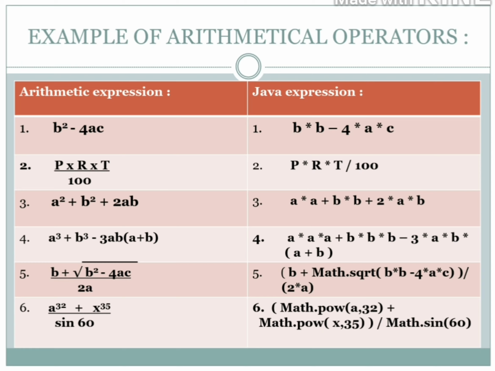The same way I provided you some expressions so that you can identify how we have to write all these things in Java expressions. You have to use Math.sqrt in place of square root. And if we have a bigger power, then you have to use Math.pow. Math.pow(a, 32) is a raised to the power 32. Whatever is placed first, you have to write in that order only. A to the power 32 means a comma 32.